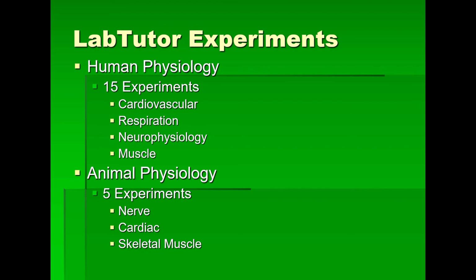And then we have some experiments from neurophysiology, like electroencephalography. We can record the electrical activity of the brain, and we can record muscular activities, such as the nerve conduction velocity. We can conduct electromyography, and study muscular diseases and causes of muscular diseases, and all these are included in human physiology.